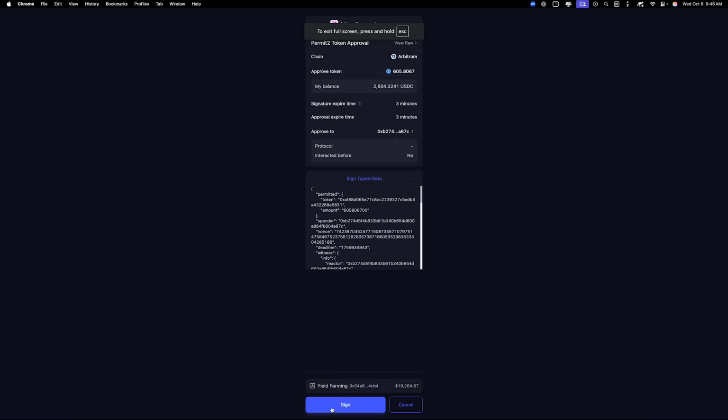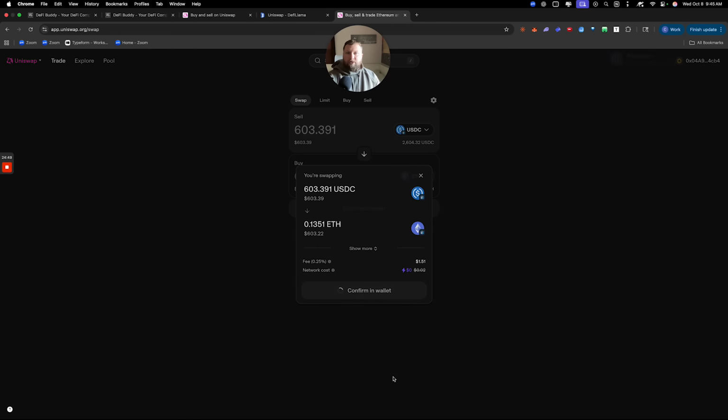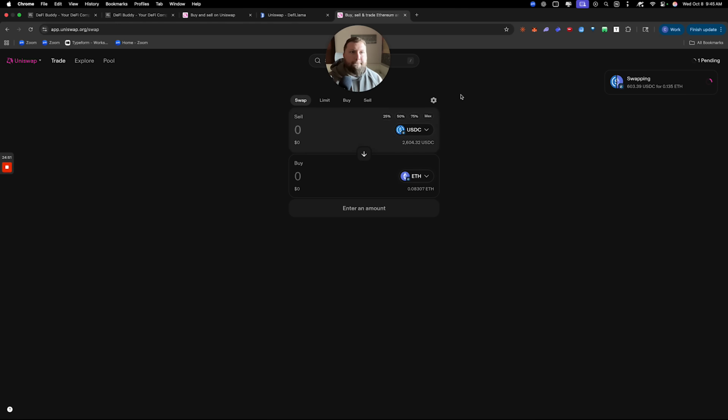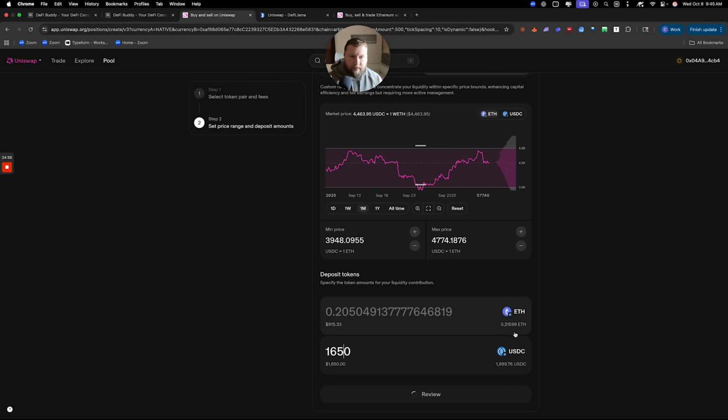Okay, I'm going to swap. Confirm swap. Now, if I were to go back to Uniswap here, you can see my ETH has updated. So now I have about 2,000 ETH and I have 0.21599 ETH in my wallet here. So if I'm wanting to provide liquidity at this range that I've set, and I have 1650 in USDC, and